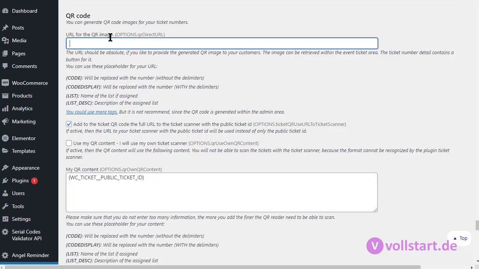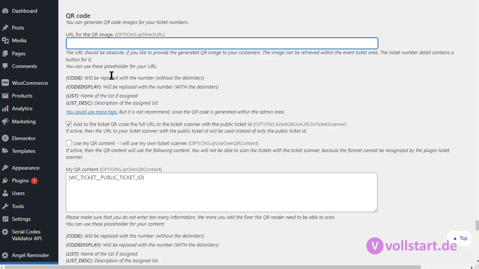URL to the QR code image. This was a requested feature for you. It's not really needed. For event organizers, you can add a URL, and this will be added additionally to the QR image, not for the ticket, not for the emails. It's just a QR code image you can download.